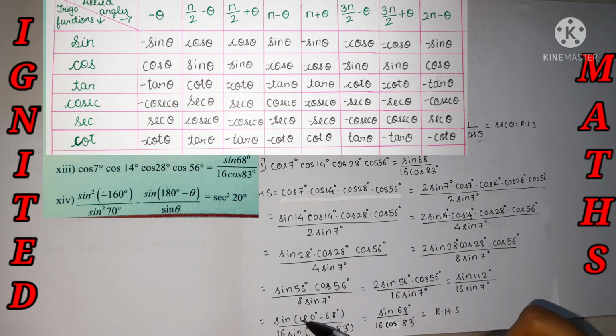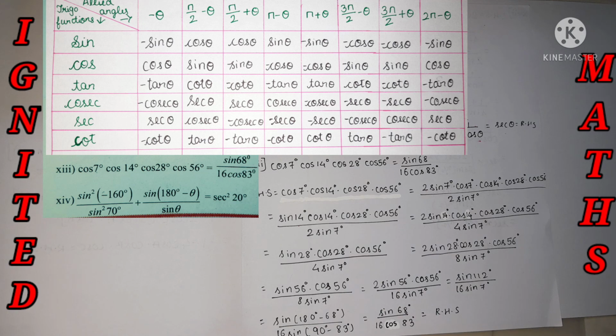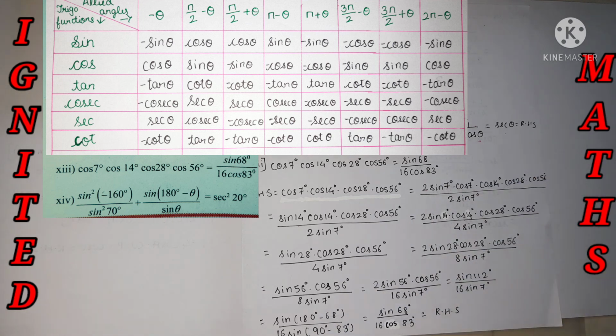Again, I have constructed on the LHS also, so that I get 68 degree from the 112. So it's nothing but 180 minus 68, and I got the answer as sine 68. I've done the construction with the help of the allied angles for changing the trigonometric function from sine to cos, and to bring the degree also I have used it.